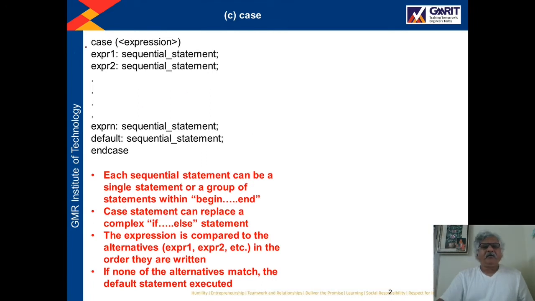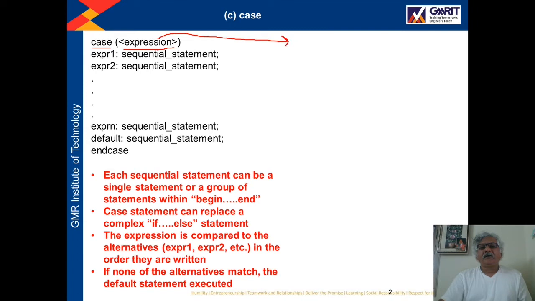Just like in the high level language C, the case statement is almost similar. Here the syntax is case, which is a keyword, and then we have to write the expression.